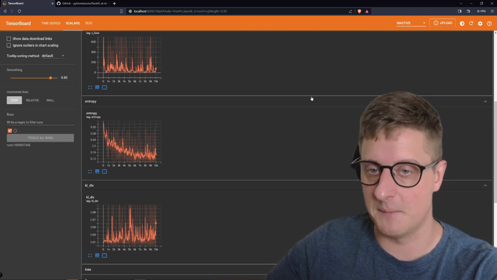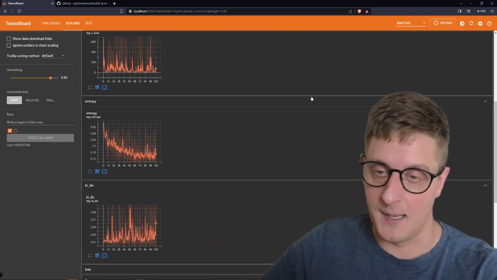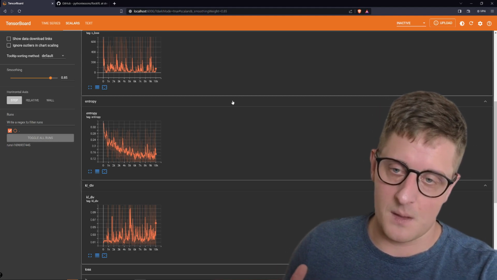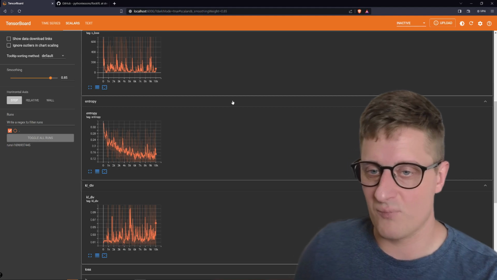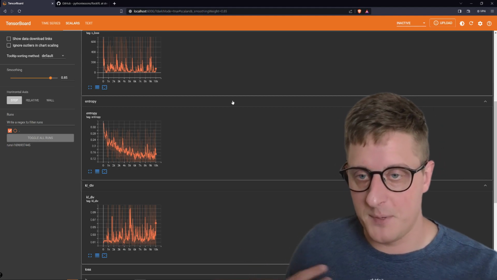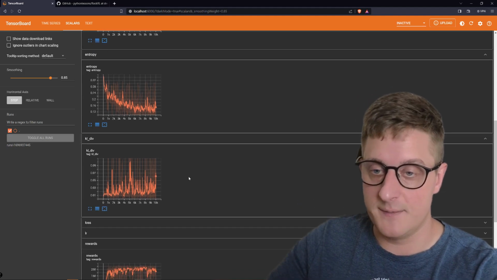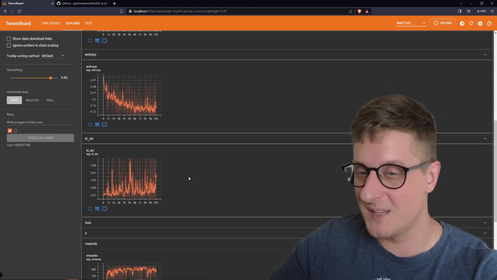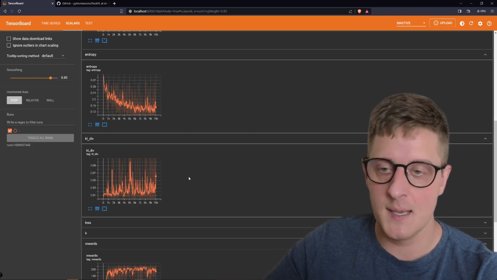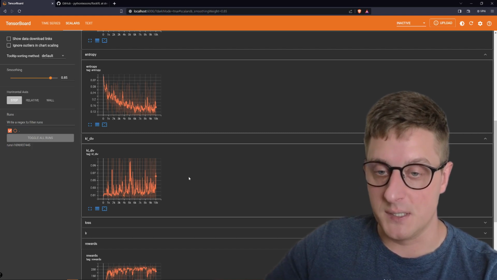And then we have entropy and KL divergence. Entropy is the randomness that comes from the PPO agent. KL divergence might tell us when our agent is overfitting or not,